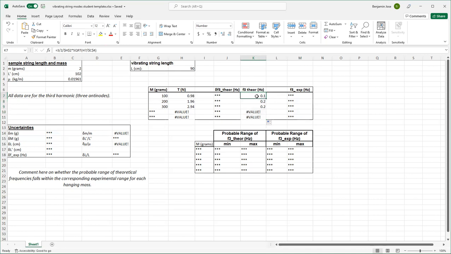So again, I'm just going to pick an easy number here. Maybe this first frequency you calculated to be 56 hertz. You think that's the frequency at which you'll get a standing wave with 100 grams hanging from the string. Well, you're not sure it's going to be exactly 56 hertz because the numbers that went into calculating that are uncertain. We don't really know the mass density super precisely, and we don't know the,